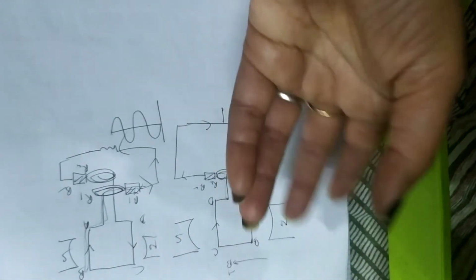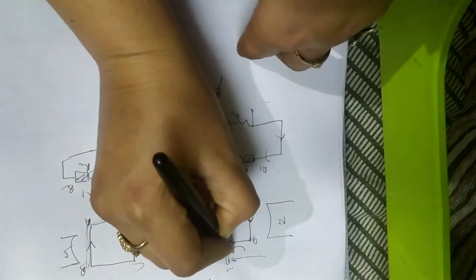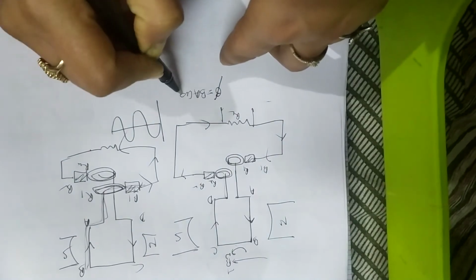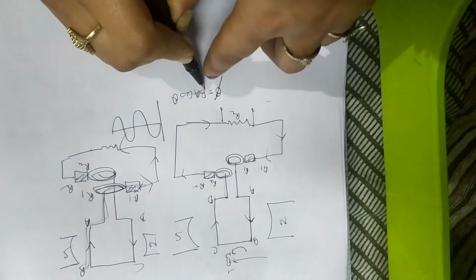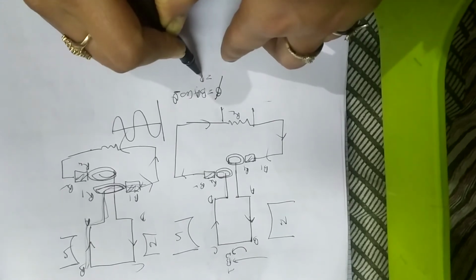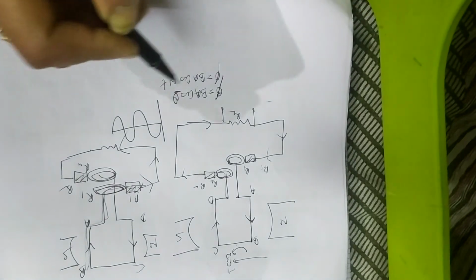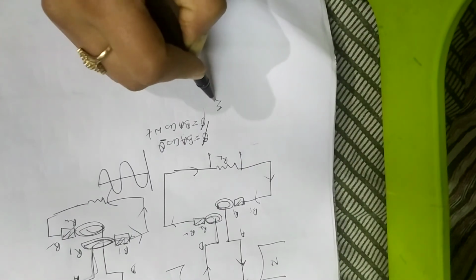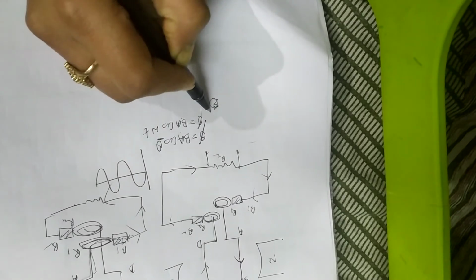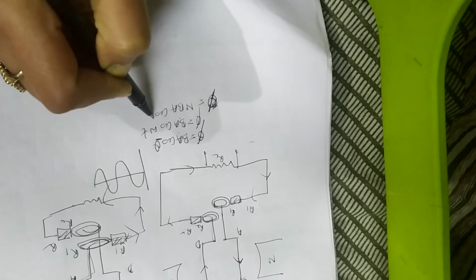Basically, with diesel this coil is rotated at an angular velocity, say omega. We know flux is given by BA cos theta. Now the magnetic field is constant, the area is constant. What is changing here? The angle. Angle is changing because the angular velocity is omega, so we can write theta as omega t. This is our flux. Suppose for a single turn this is the flux. If there are N turns, then total flux will be NBA cos omega t.